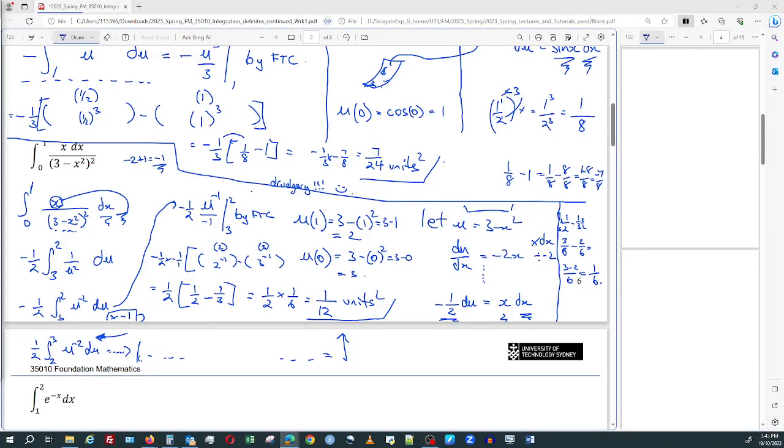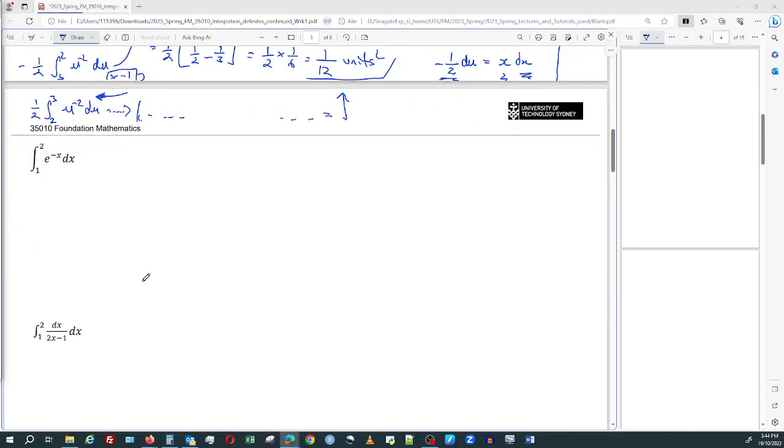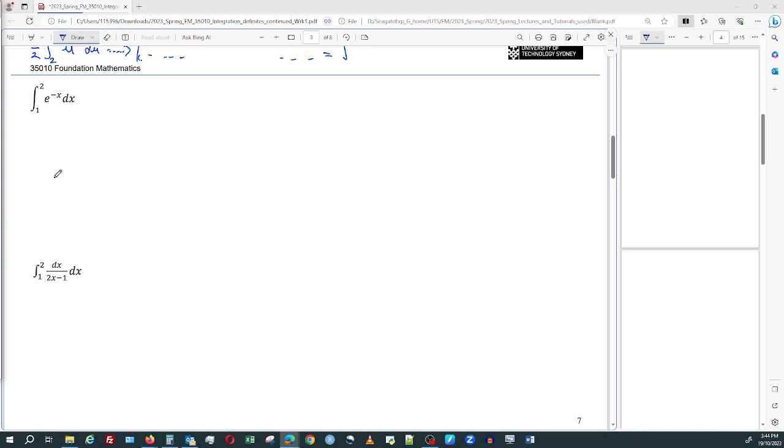All right, welcome back. So we're having a go at the next set of questions here. We've got a new question here, e to the minus x. Now, this is trivial if you have learned how to do shortcuts on your differentiation and your integration. You'll probably look at this and scuffle a little bit, but the reality is